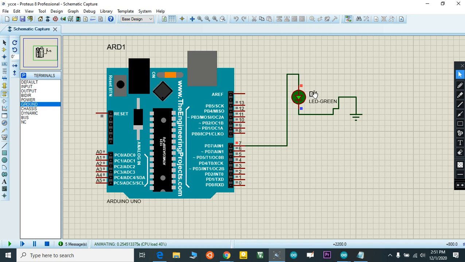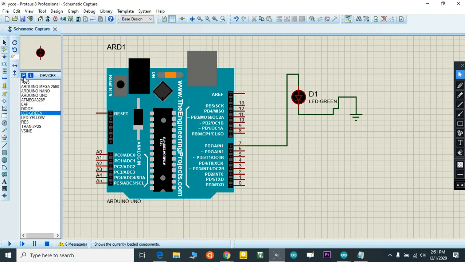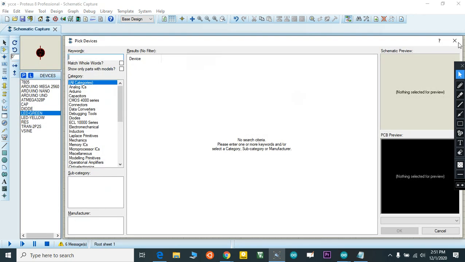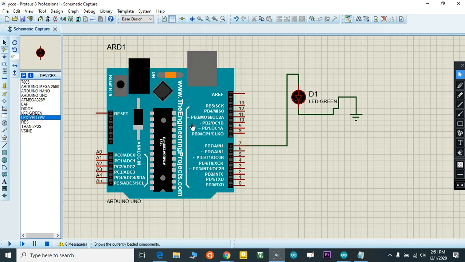You can see here my LED blinking. Turn off. Now I need to add a second LED also. So I am going to component. I already added an LED bulb here. Okay, in the sixth pin, I just need to add it.